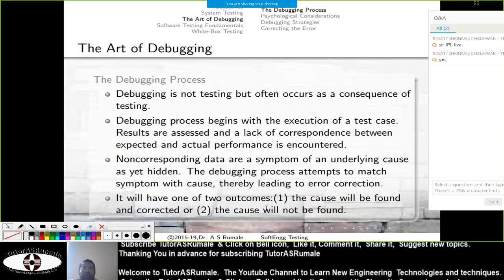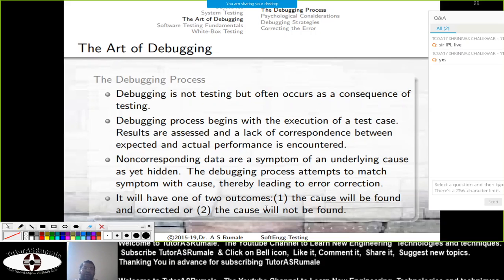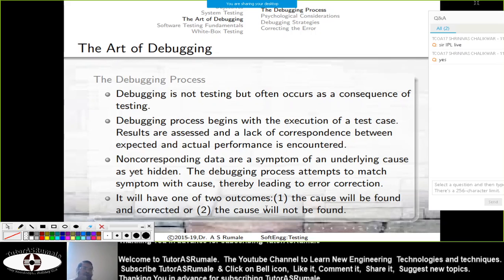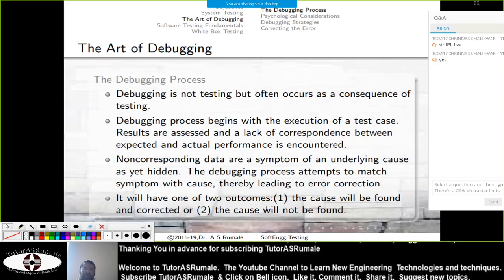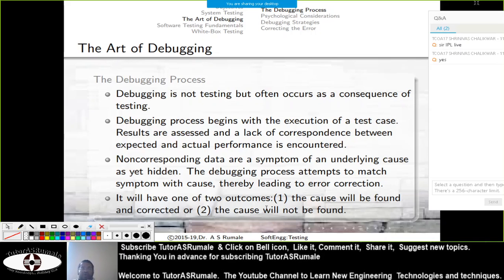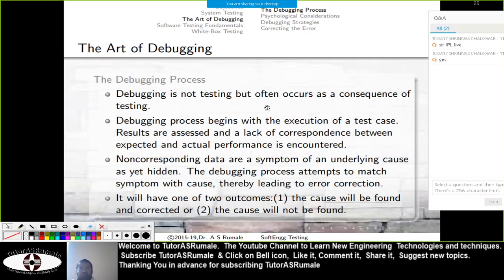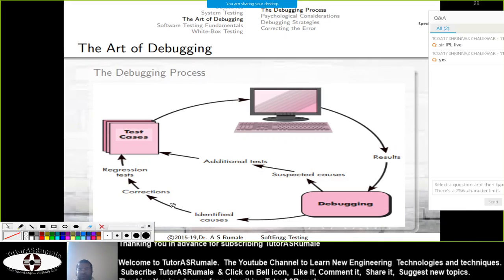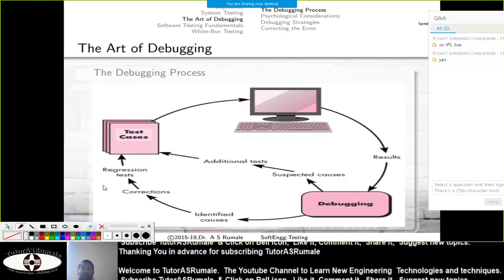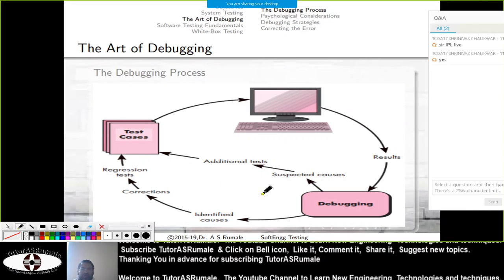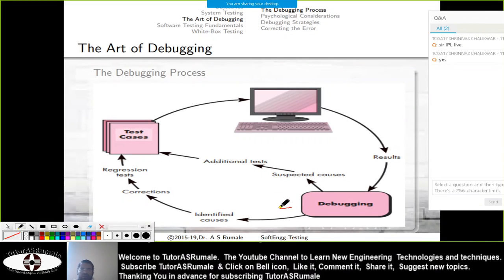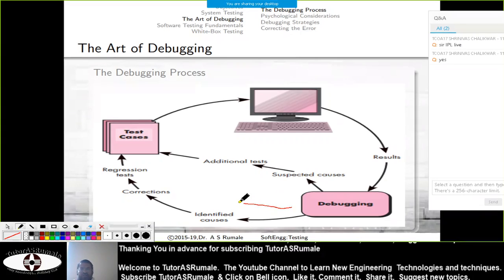So whenever you know of an error, either you can find out the cause of that error, or you may not find any cause for the error at all. So why that error happened, you never come to know. So this is the debugging process. If you go through the debugging process, you have different things in it. You have test cases, that is identified causes, meaning your test.